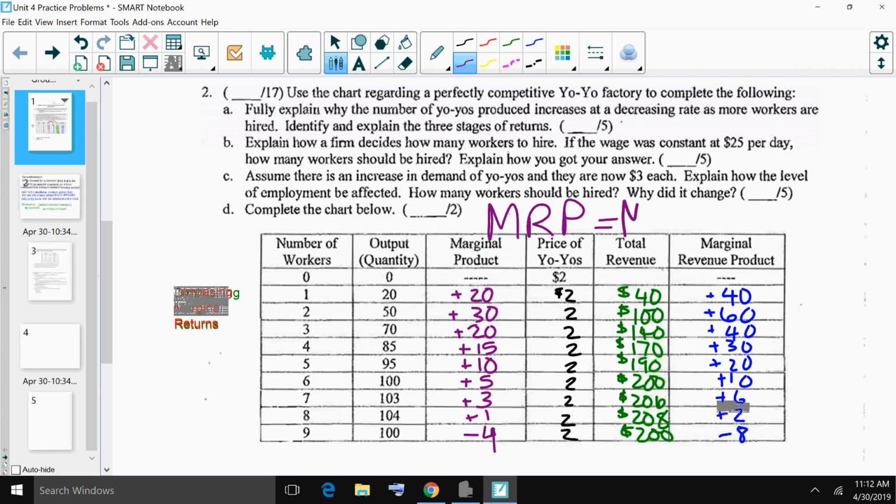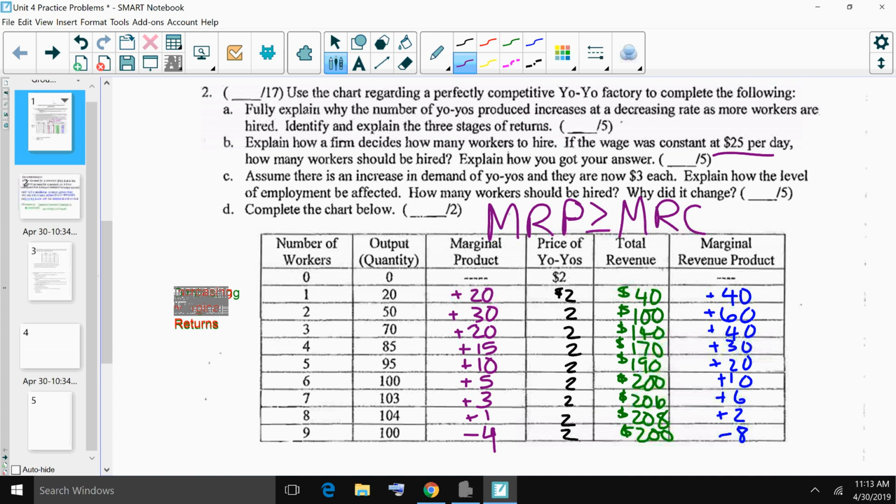MRP equals MRC. If we cannot equal MRP and MRC, if they're not exact, we are going to look where we can get as close as we can, where MRP is greater than or equal to MRC. All right, so there's our option. If not equal, we want our revenue greater than our cost. So if our wage is constant at $25 per day, that means our MRC is 25, then we would hire